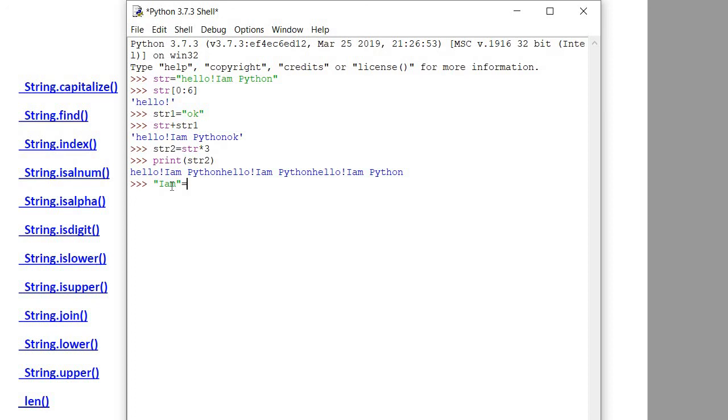Okay, so 'I am' in which string? str. Now this will say True. If I write down something else that is not a part of the string, in str, then it will return False.